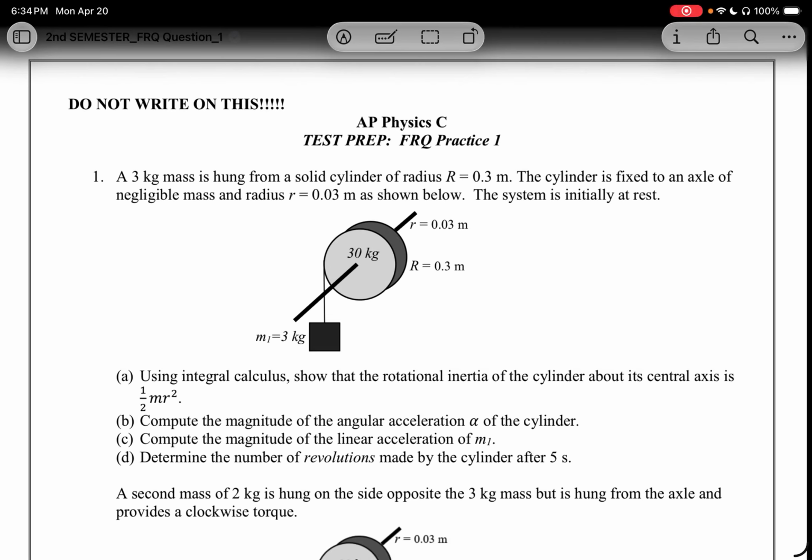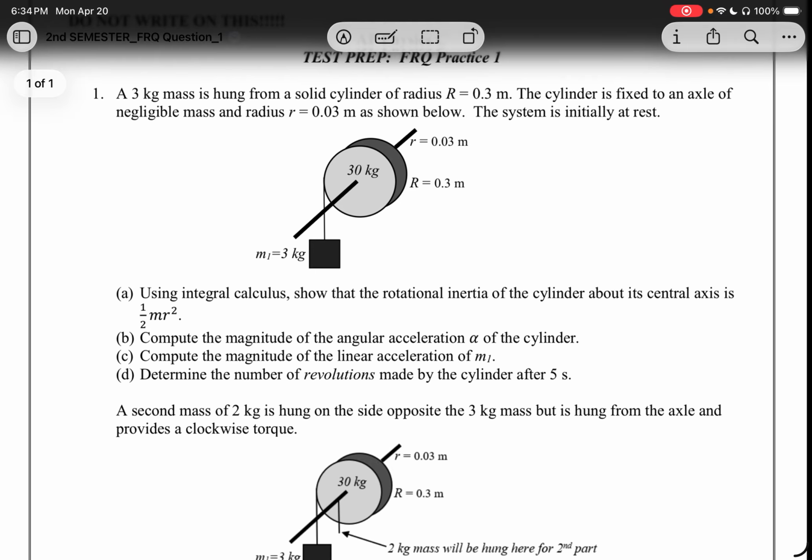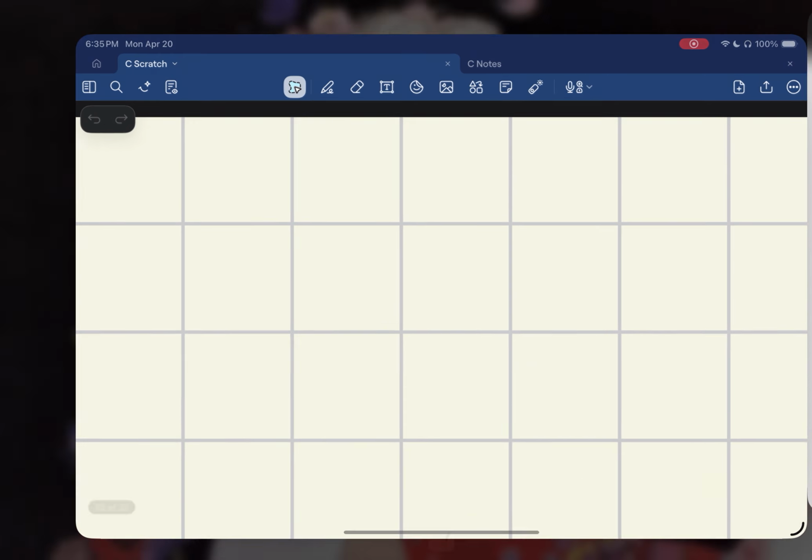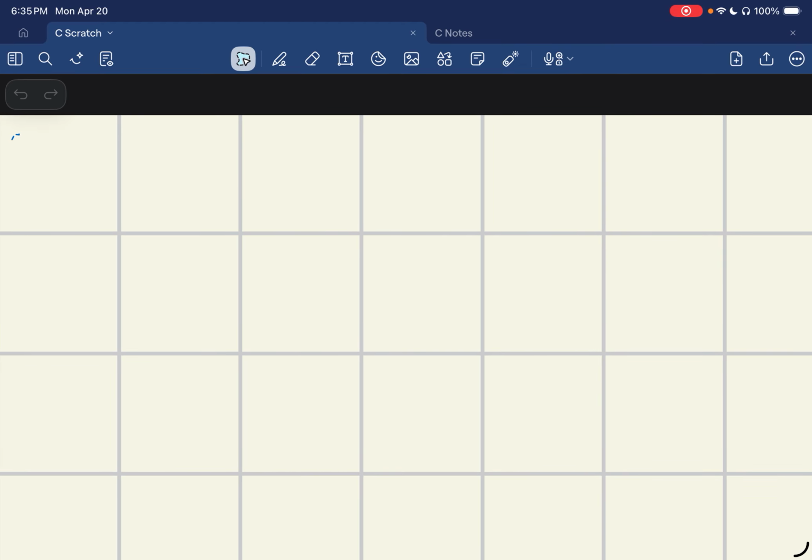Hello, this is FRQ number 1, with a 3 kg mass hanging from a solid cylinder, and the solid cylinder has a mass. Part A asks us to derive the moment of inertia for the cylinder to be 1/2 MR squared. So we know that for any object with a continuous mass distribution, the moment of inertia